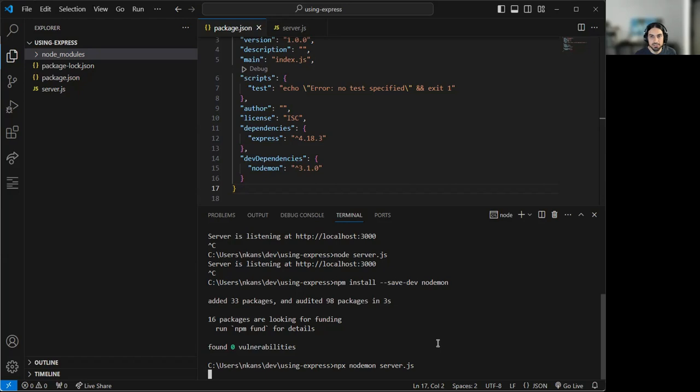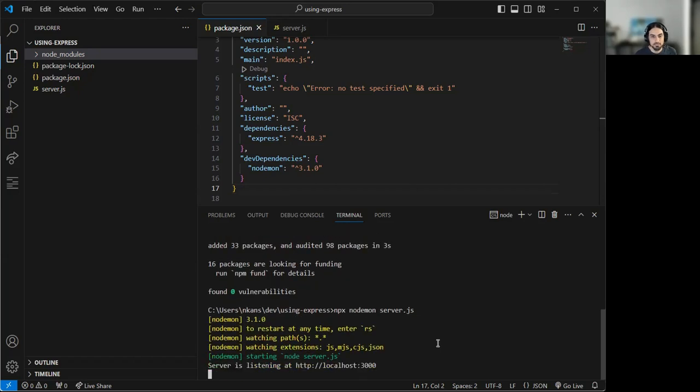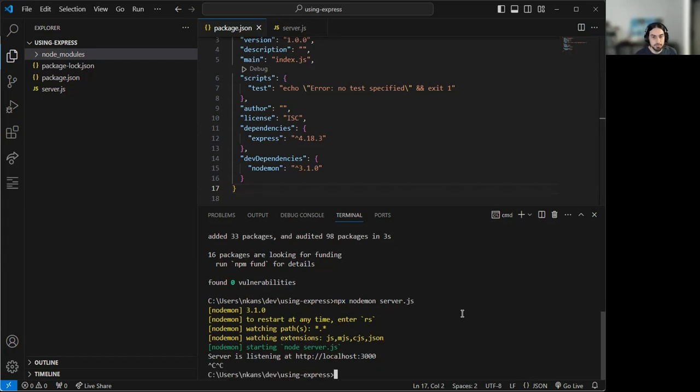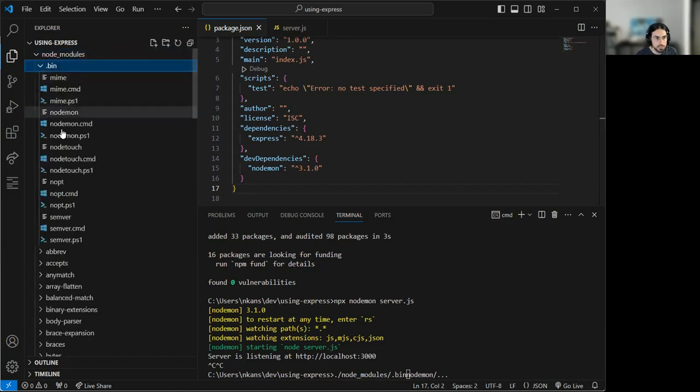Now, why did I use npx? You might be asking. Okay, so npx is a way for me to not have to type /node modules /nodemon /whatever or whatever the command for nodemon is. I don't want to be typing the relative path. It's probably under bin or something. Let's look. Node modules .bin. You see here the .bin? There's a nodemon command here. So if I want to run it,